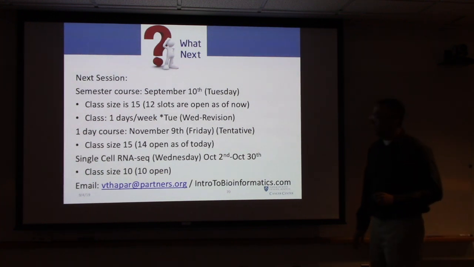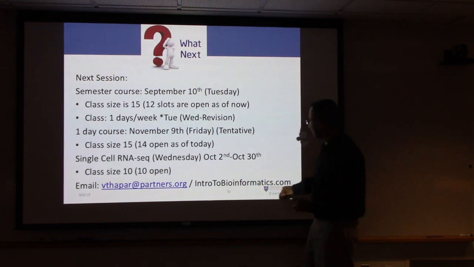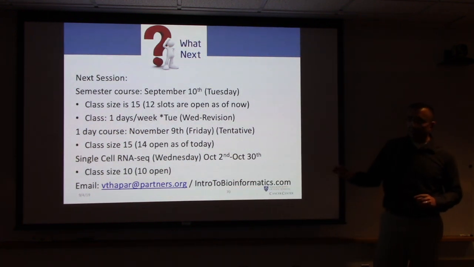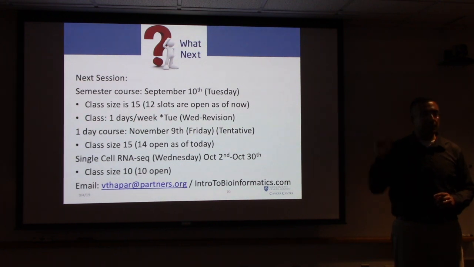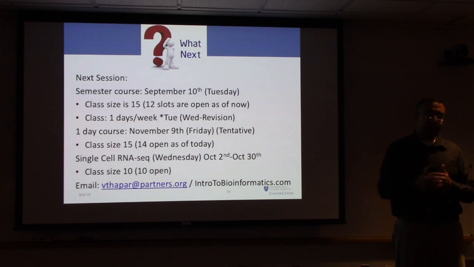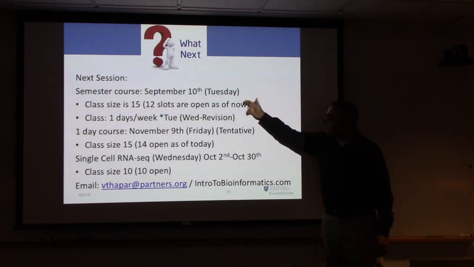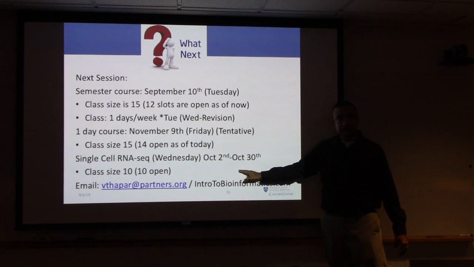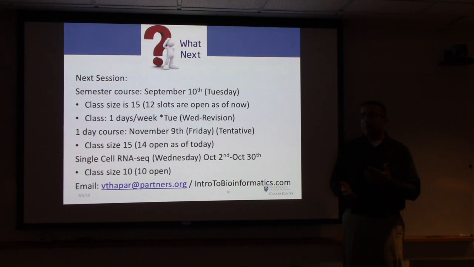So for the first two, on this website, intro-to-bioinformatics.com, on the top there is a register button. If you click that, it takes you to a page which has similar information along with a link to a form. Please download that form, fill it out, and send it to me to reserve your spot for the first 2 courses. For the third course, just send me an email and I will send you a registration form,